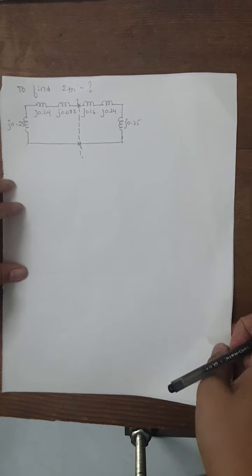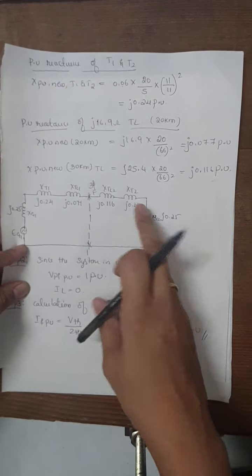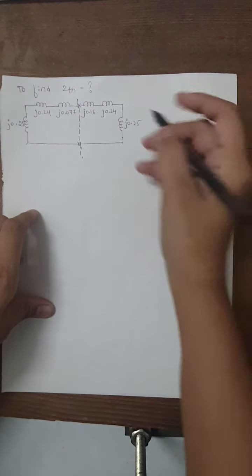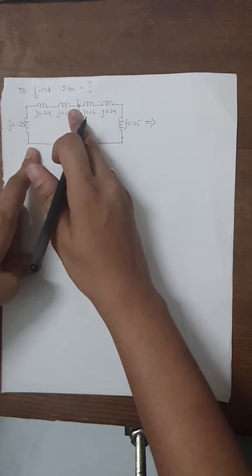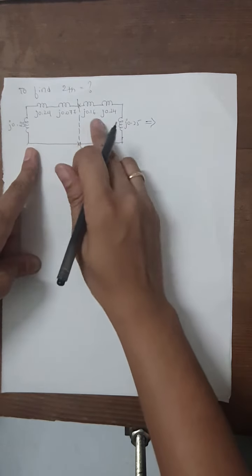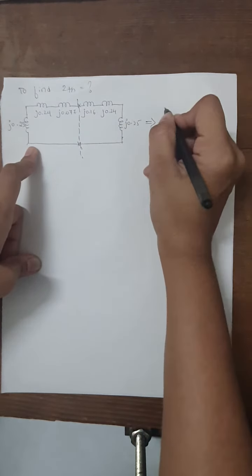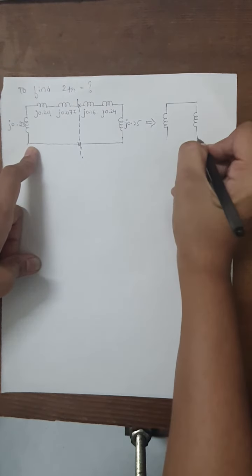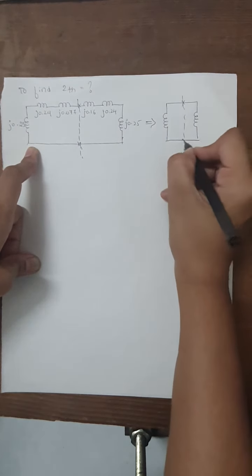For finding the ZTH value, the reactance diagram which we have obtained in the step 1, I have rewritten by neglecting the source voltages. So we can calculate the ZTH here. Observe that all the reactances connected this side will be in series, and similarly here also these three reactances are connected in series. So we can rewrite the same circuit in this way by adding up all the reactances which are in series. Then we will apply the parallel formula.